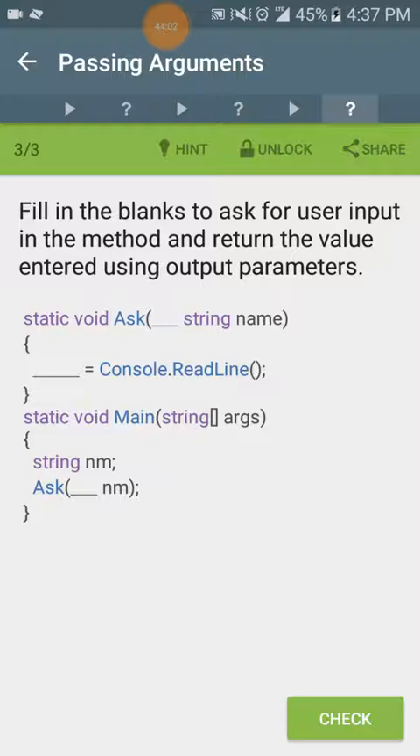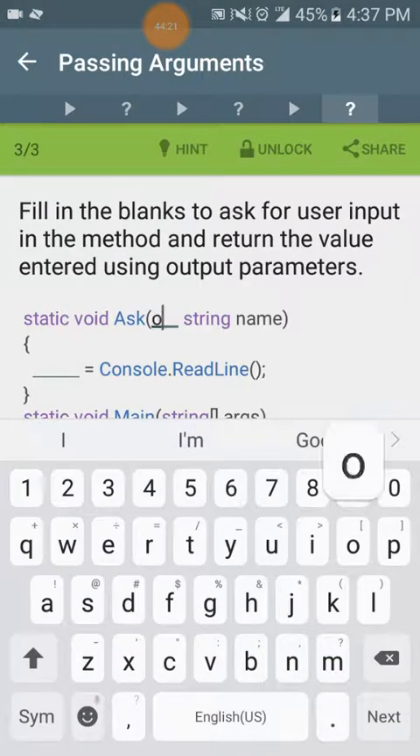Okay, so here's the method. Static because we want to call it from inside of the main method. Void because it is not going to return a value. Ask is the name of the method. And then in the parentheses, because we are dealing with output parameters, we are going to use the keyword out. And here we're using the data type string because we're dealing with a name. So someone's going to type in letters, not numbers. And in the body of the Ask method,